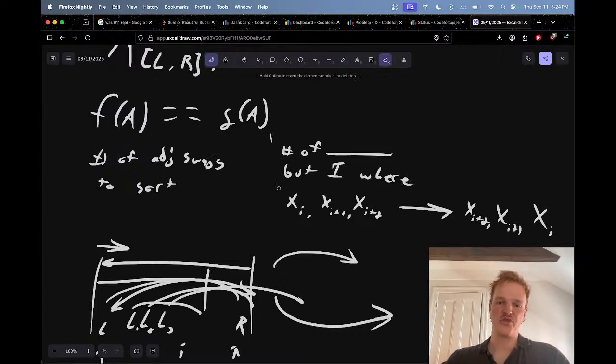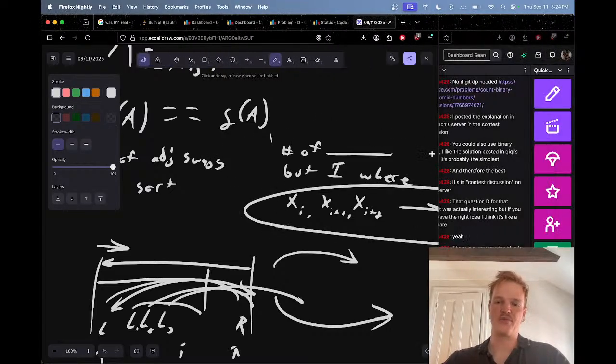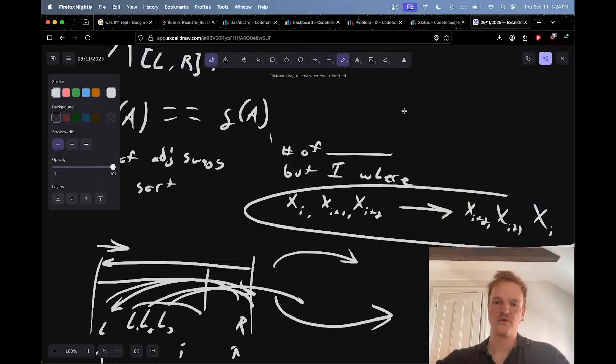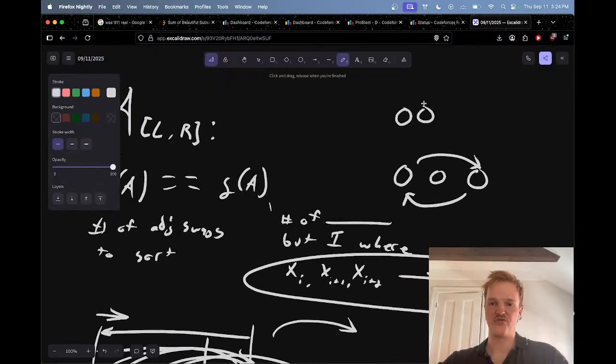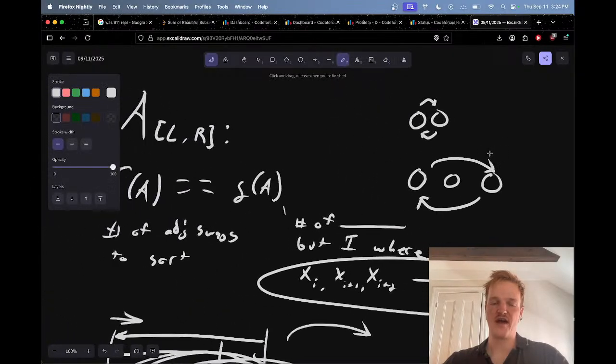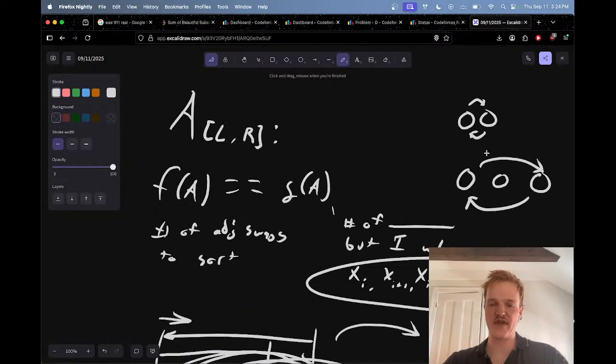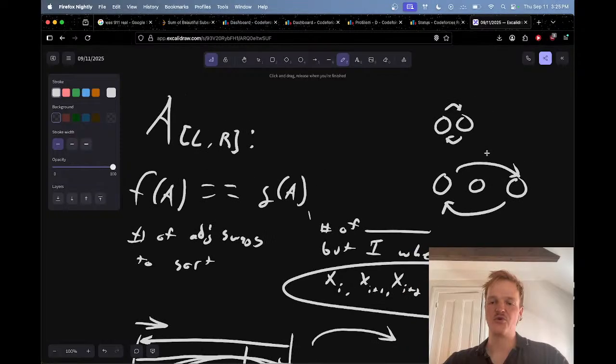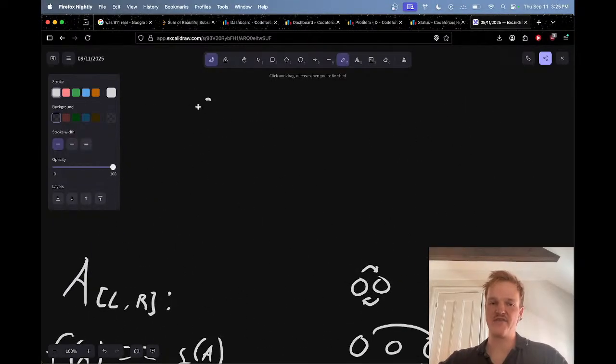number of operations where you get to swap, like a distance of 2, and f of A is just where all of your swaps are that. And G of A, you get one of these. So my thought is the only time where G of A is going to be different than f of A is if you ever have ijk, where